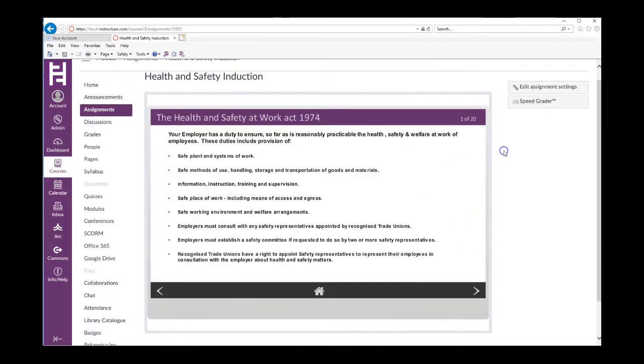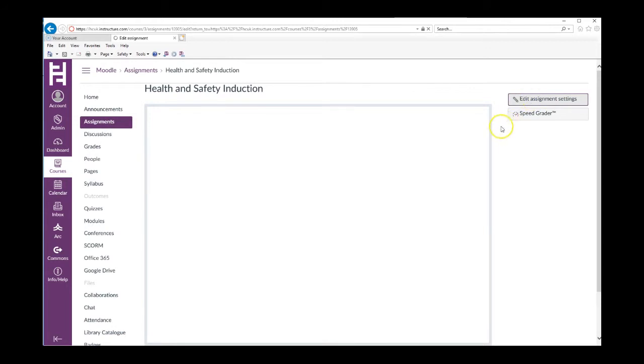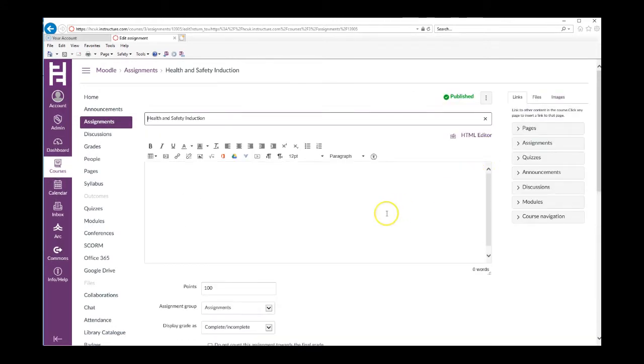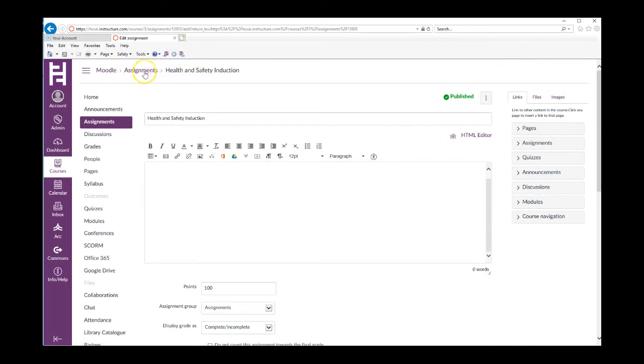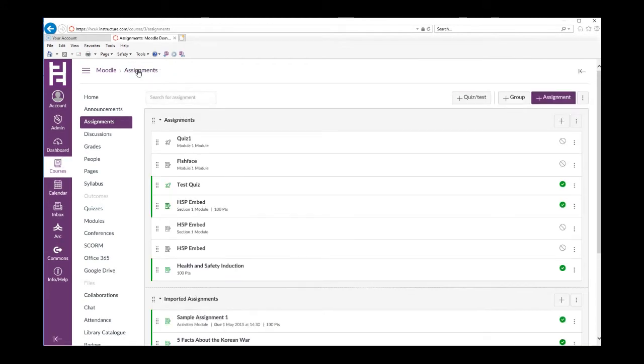What you need to do is go into your assignment settings. Again, this is for Canvas, you might be using a different one. And I've just set it to complete or incomplete because it is 100% required. But again, you could set a grade in conjunction with your settings when you export it. And so you can set that up as an assignment, you can set a date, you can allocate it to new starters. It just takes out the need to set man hours aside for health and safety inductions. It means people can be started and hit the ground running, saves a bit of time,